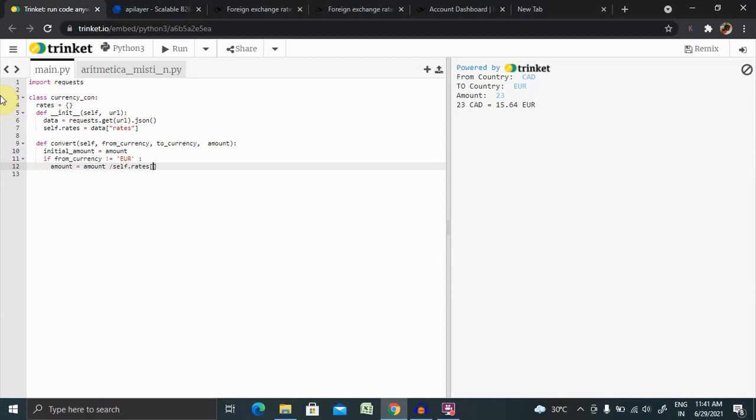Now here we are giving it a from currency. So this is a from currency keyword which we are using.